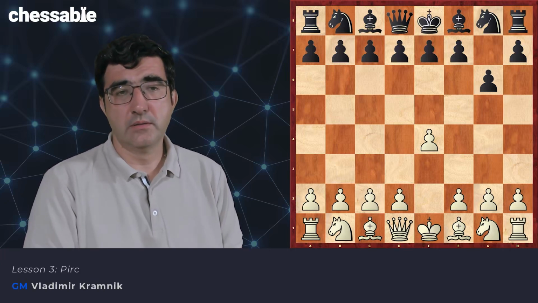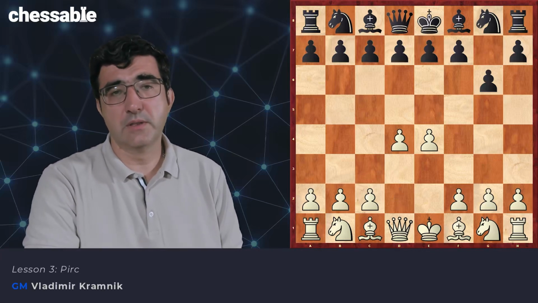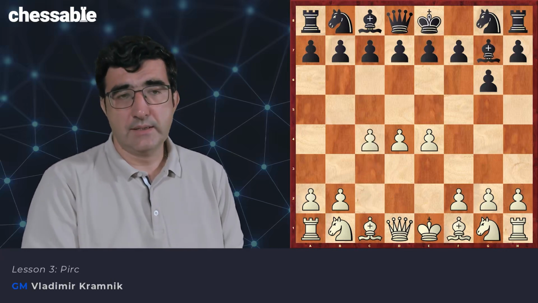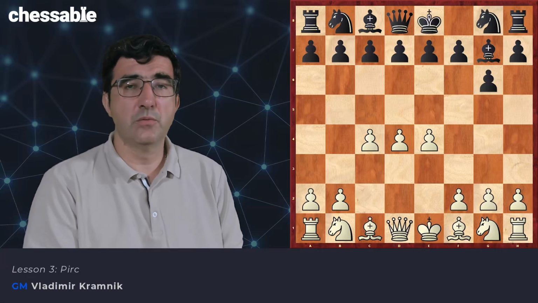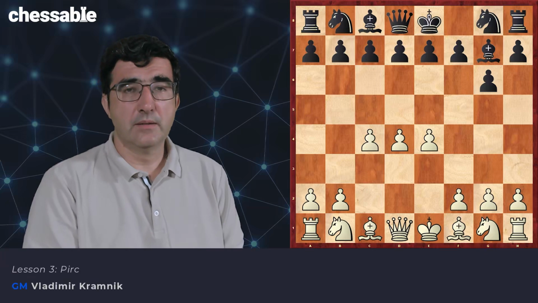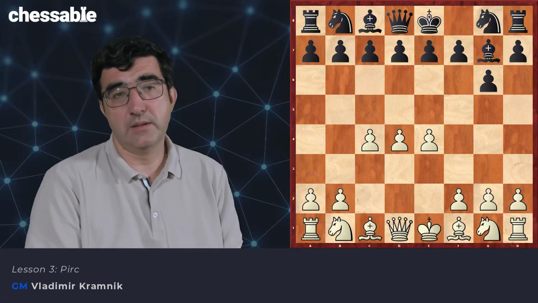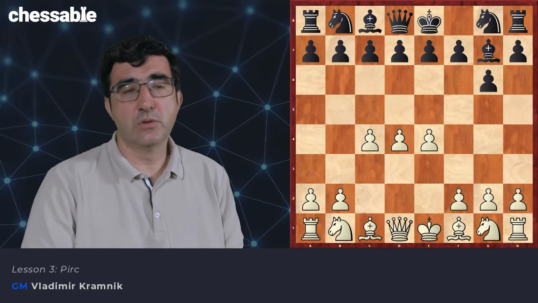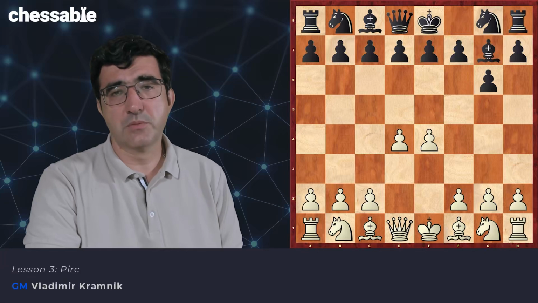The only drawback of starting with g6, the real drawback, is that after d4, bishop g7, White can play c4. So White can transpose now to the King's Indian. So definitely, if you choose to play g6 on move 1, you have to be ready for King's Indian as well. But if, again, you are a King's Indian player against d4, then that is not a problem for you. And then g6 makes sense, because after d4, bishop g7,